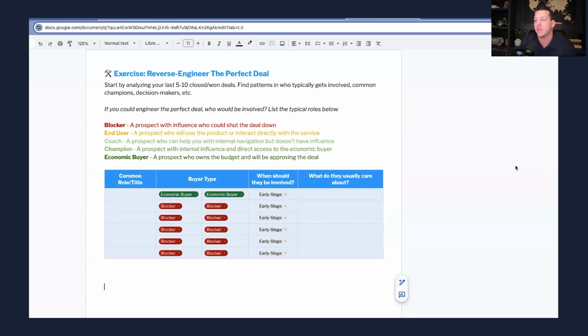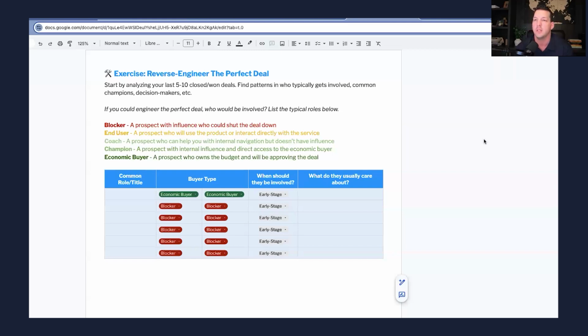I'll give you a great example with Mixmax, because we sell a sales engagement solution. A coach is more times than not going to be the enablement side, because they can actually help with internal navigation. They sometimes borderline on the champion, but usually the champion is the one who has direct influence on that economic buyer. Someone like the head of enablement is a great coach because they can give me more insights into the challenges the reps and managers are facing. However, the champion is most likely the VP of sales, who has to go to the CEO, who's the actual economic buyer.